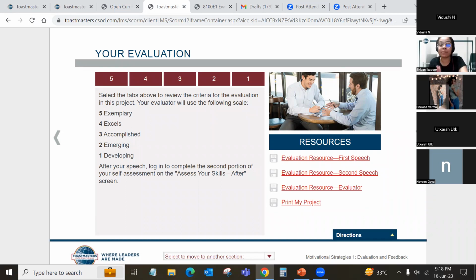Right? Before every speaker's speech, you all must have noticed that the evaluator is called upon to read the purpose of the project, right? That is very important in Toastmasters, that whatever speech you are delivering, it has a purpose. What is the purpose of that speech? If it's an icebreaker speech, the purpose is to introduce yourself to everyone. If it's a mentorship related speech, then the purpose is that you have to learn different mentoring styles, different communication styles, and so on. So there are different projects based on that. So now you have seen where to download the evaluation resource from.